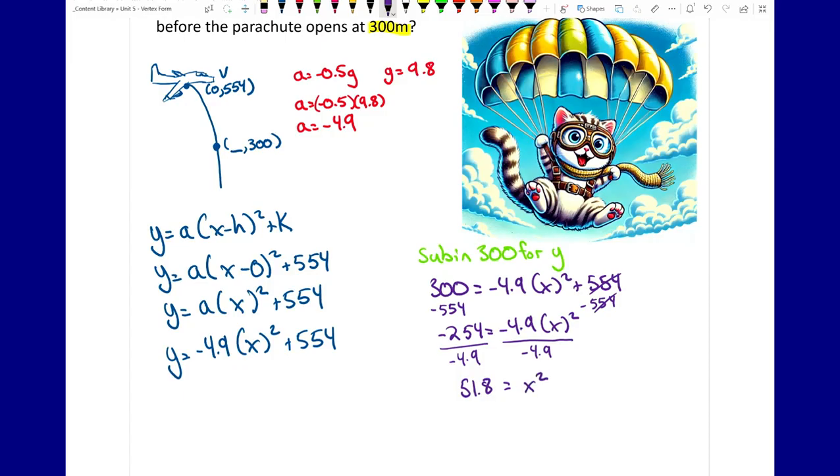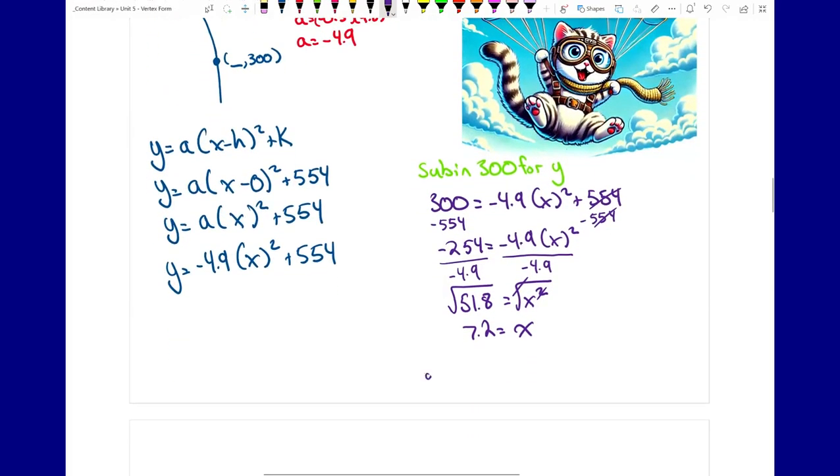Now the last thing I need to do is get rid of this squared. I don't want x squared, I want x. What's the opposite of squaring something? Square root. So I'm going to take the square root of both sides. It's going to cancel out on one side, and I'm going to be left with 7.2 on the other side. So that means, therefore, it takes 7.2 seconds to reach